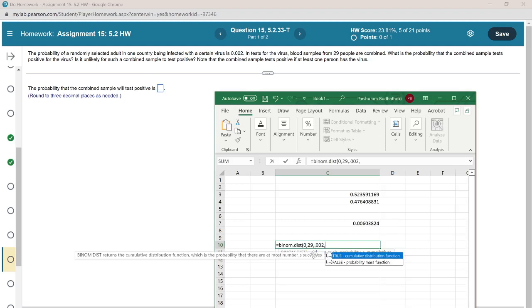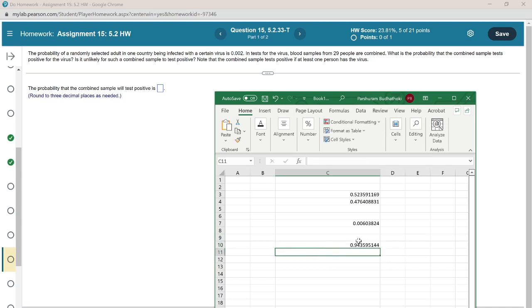And would you like to do cumulative? No, it's just 1. So this is the probability of 0 successes out of 29, which is 0.94. So the sample being positive is the complement of this value, which is 1 minus this value. So that's 0.0564. If you round it to 3 decimal places,